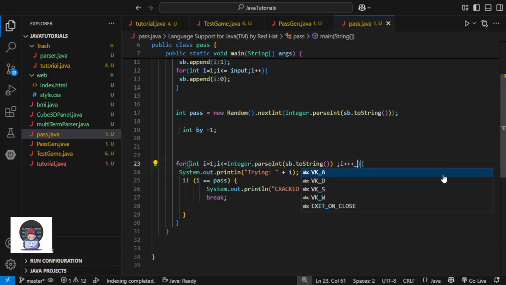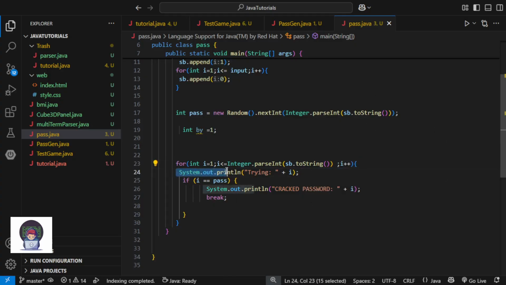This is just plus plus, so it goes up by 1, and then it prints trying plus i. So trying 1, 2, 3, 4, 5, 6, 7, 8, 100, 200. And on every iteration it checks if i is equal to the password, then print cracked password, then print i.